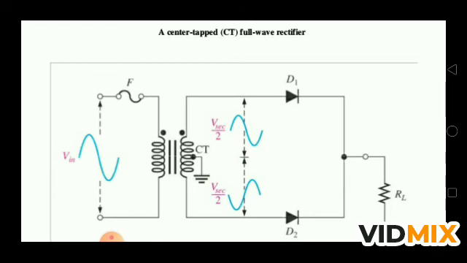So when a full wave is coming in the transformer, for the half wave, D1 behaves as forward bias and D2 behaves as reverse bias, and in the next cycle D2 will behave as forward bias and D1 will behave as reverse bias. So in this way we are getting the full wave of AC in the same direction, so we are saying this is a full wave rectifier, or we can say center tap full wave rectifier.